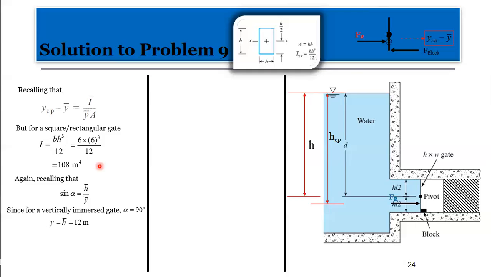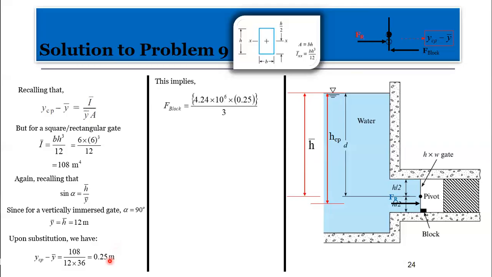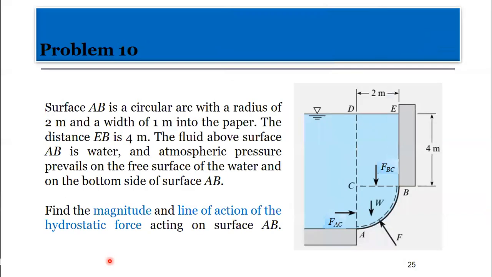You know, so this is very, very simple. So upon substitution, we can obtain YCP minus Y bar to be that. We know the area already as 36 meters squared. So this will end up giving us 0.25 meters, right? Good. So this implies that now I can find my force by the block, right? On the gate. So this part will now be simplified to give us 353.33 kilonewtons. This brings us to the end of the 9th problem. And then the last problem is the